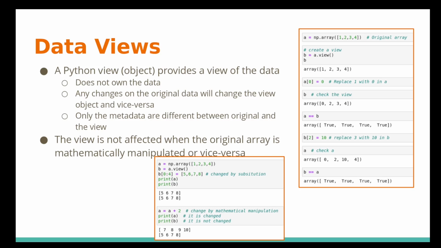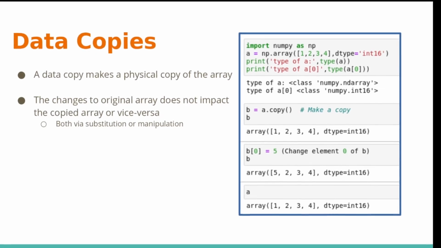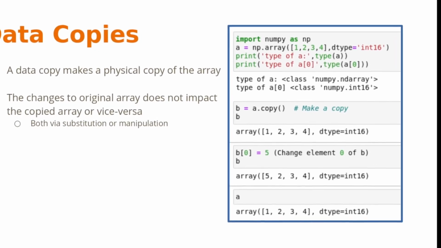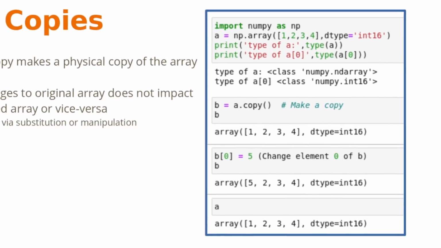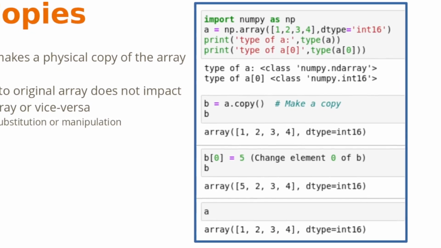But if there is substitution, then whatever change you make, whatever you substitute in A, reflects in B and vice versa. Data copies, on the other hand, involve a physical copy made of the data. So changes to the original array do not impact the copied array or vice versa, either via substitution or via manipulation. So again, I'm importing NumPy,